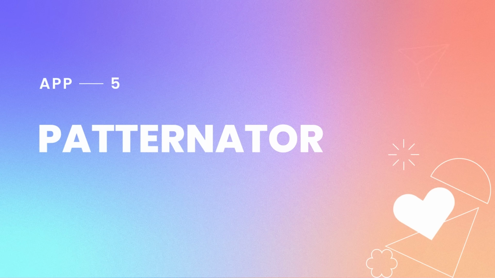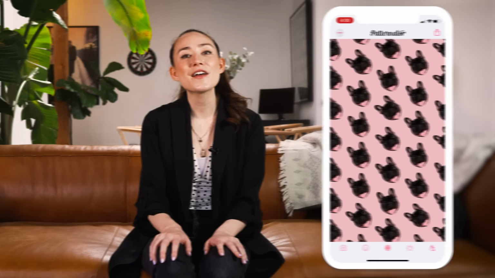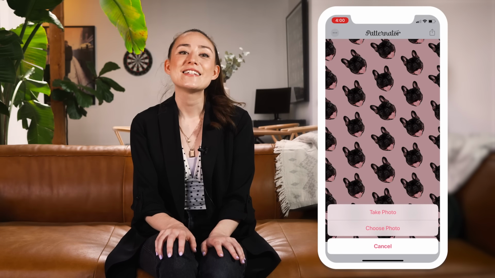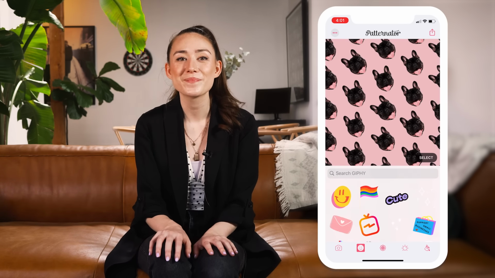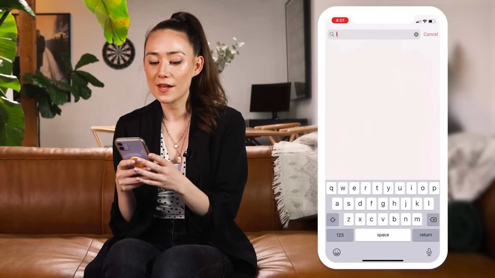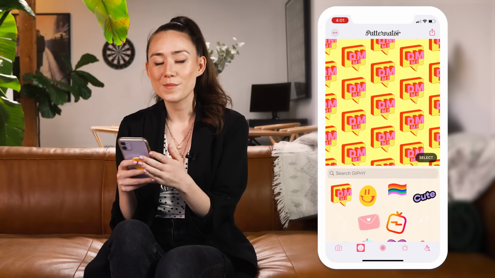Animated Instagram Stories app number 5, Patternator. And finally, last but not least, we have the Patternator app. This app allows you to turn your images into super fun animated icons. You can either select a photo from your camera roll, take a photo, or search for a GIF from the app's built-in Giphy library. So I'm just gonna type in Later GIFs,